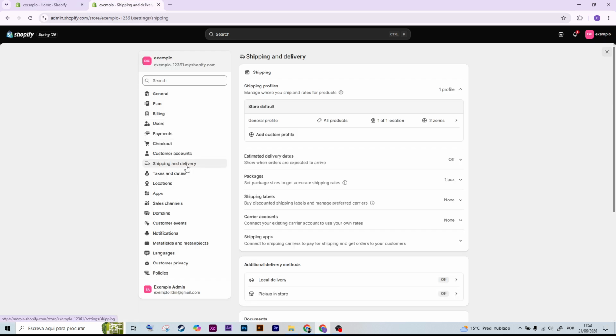Next, look for Shipping Profiles. This is where you control how much customers are charged for shipping. After that, select the shipping profile you want to edit or click Create New Profile if you want different shipping rules for specific products. Now click Add Rate under the shipping zone where you want to set pricing, such as